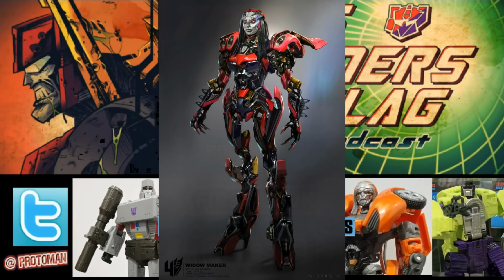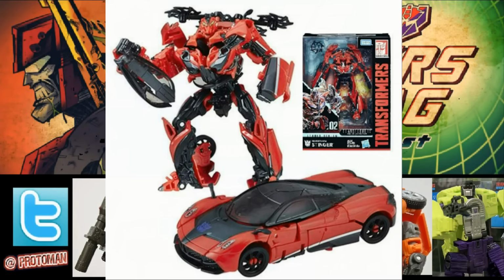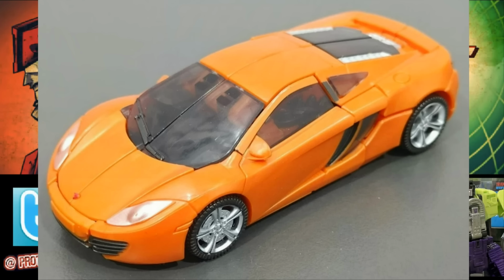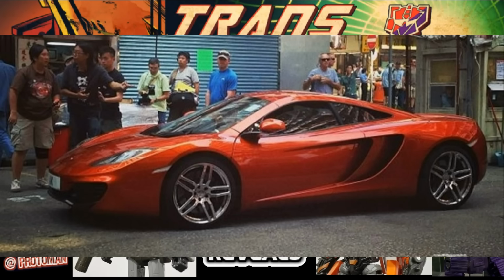But Hasbro decided to go in a different licensed car direction than what we already got. And I think it's primarily because we already have Studio Series Stinger that's a red Huayra. So I think they didn't want to do like a reddish pink Huayra to go with that. But there's a little more deeper stuff going on here, because I think the main reason what's going on is they instead decided to take the Widowmaker character and repurpose her as an unnamed, unknown Decepticon that was in the